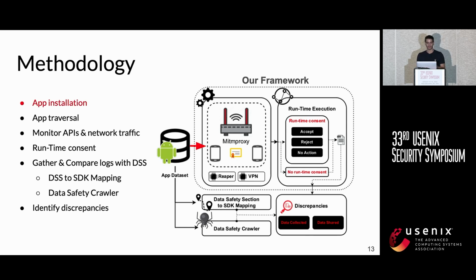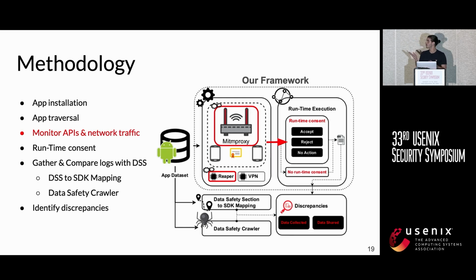So our framework first installs the application, then traverses the application, monitoring API functions using a tool called Frida, and monitoring the network traffic using the mitmproxy to identify the shared values. We extend the list of functions that the tool monitors by adding permission-protected functions and functions that